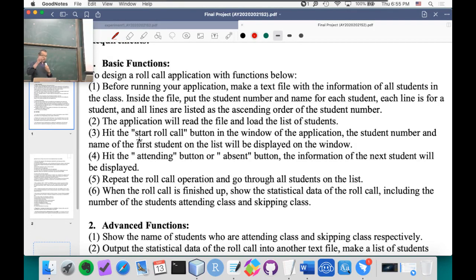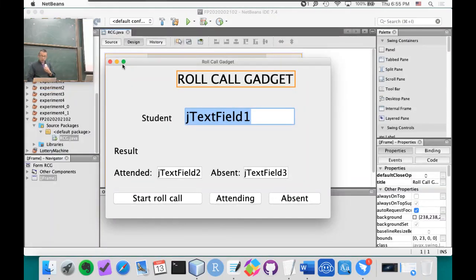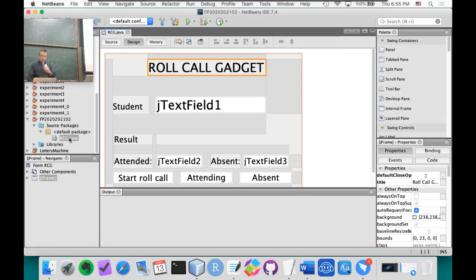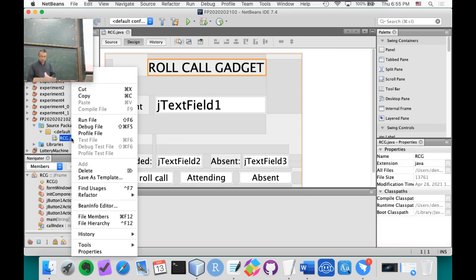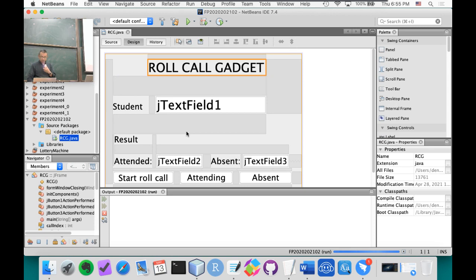So if you hit the start roll call button in the window application, the student number and name of the first students on the list will be displayed on the window. So, for example, we get back to NetBeans. It's our application here, and I run it. When we run the file,